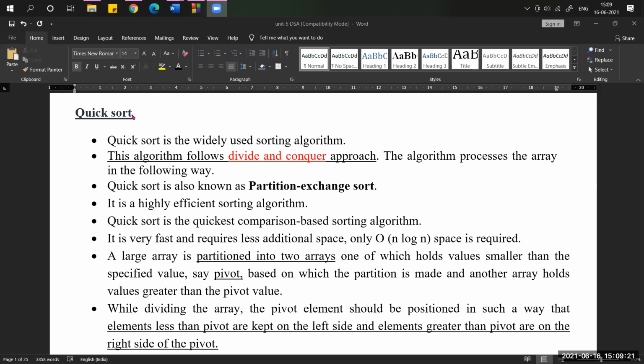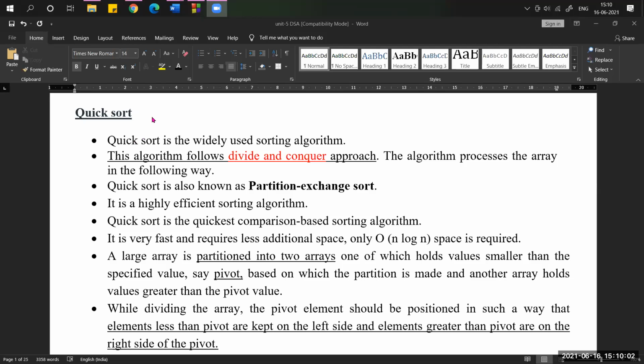Then what should you do? You have to compare. Is the first element less than the second one, or greater than? Like that you are going to arrange and make it an ascending order. So if you are arranging random numbers in a particular order, either ascending or descending, then it is nothing but sorting. Sorting means arranging the elements in a particular order, and then we can say that it is sorting.